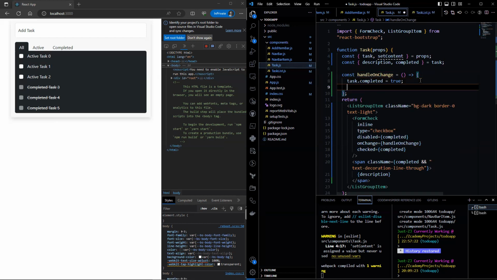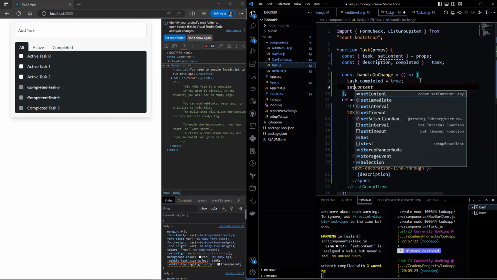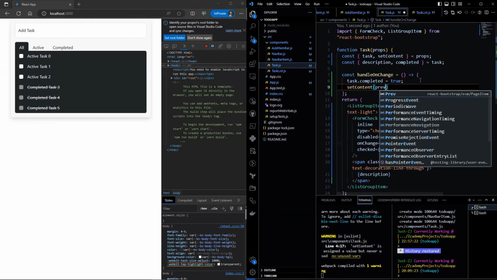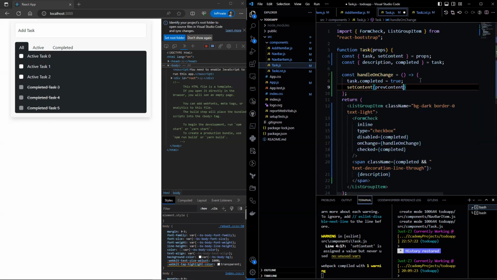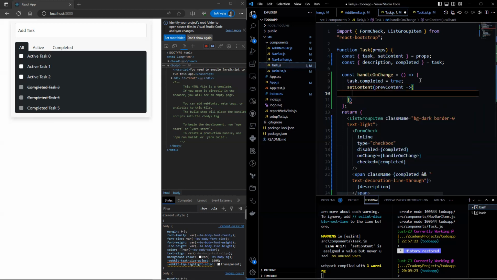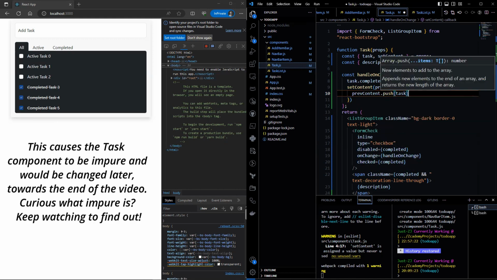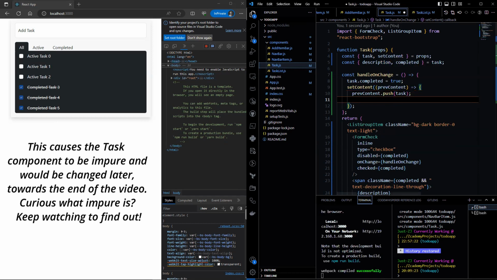Next, we will need to update the content as well. So let's do setContent and do the previous content and add the task to the completed array. Now, we will also need to remove this task from the active array as well.